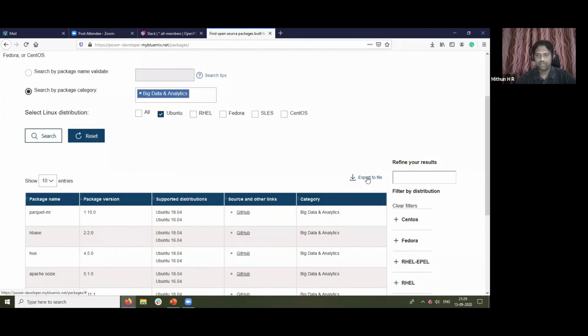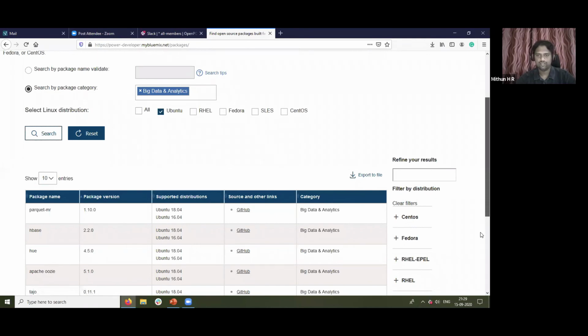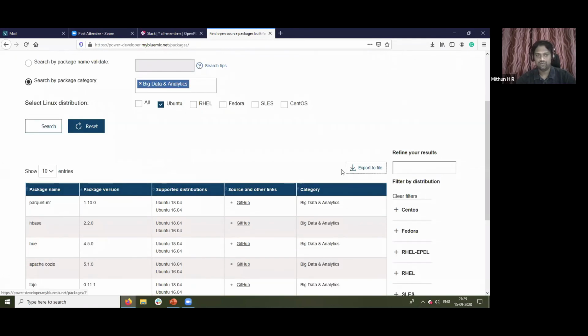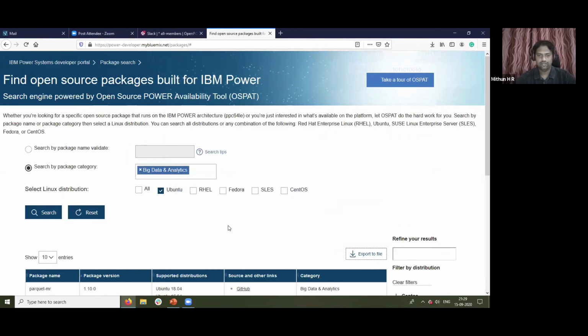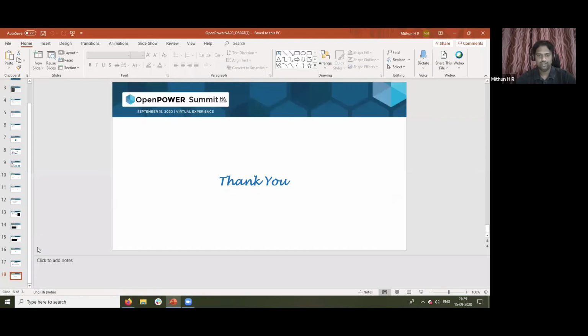If you want to take out all the big data analytics related software on Power, you just have to export to a file, save it in CSV format, and then use it at a different location where you want.